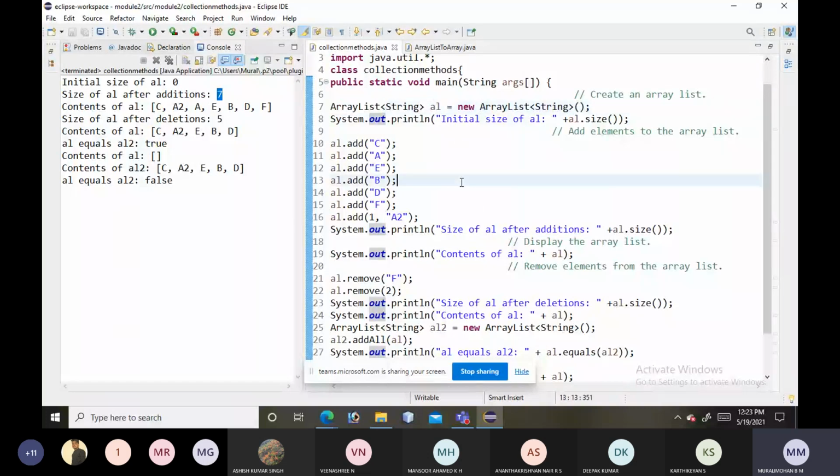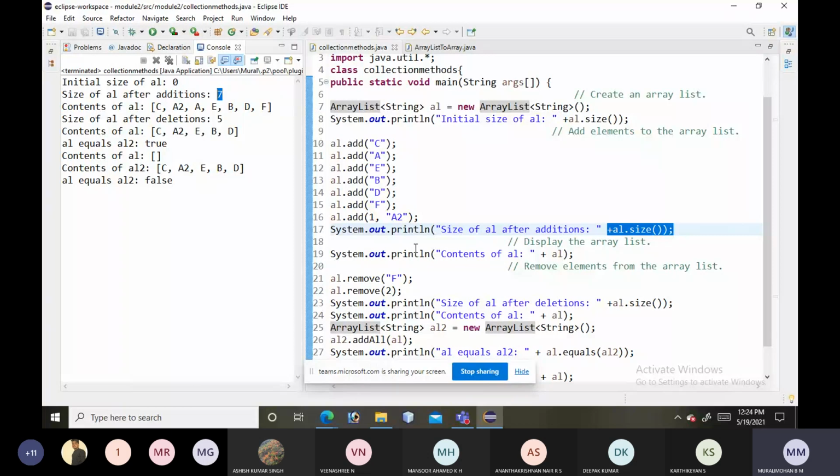So the dynamic arrays can be achieved by the use of the array list collection class. This is how we create an array list. The initial size of the array is 0. Once we add these elements and check the size again, it gives 7, meaning based on the elements we add into the collection, the size changes, right?